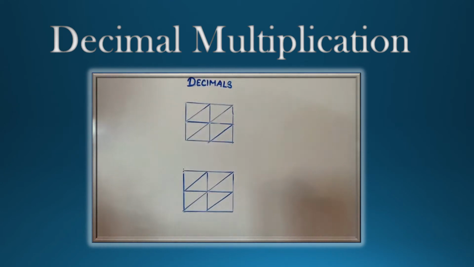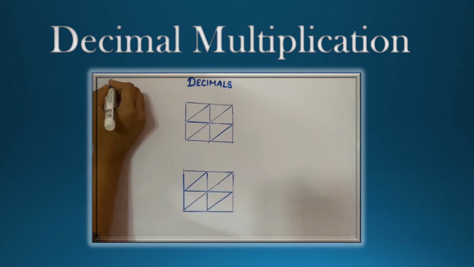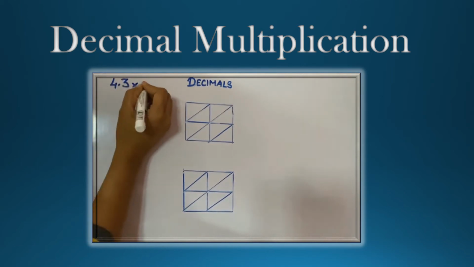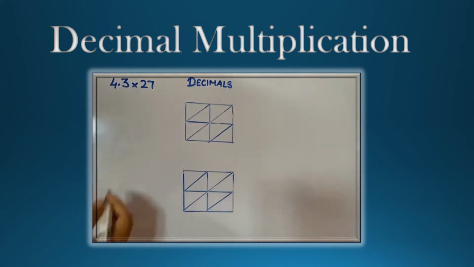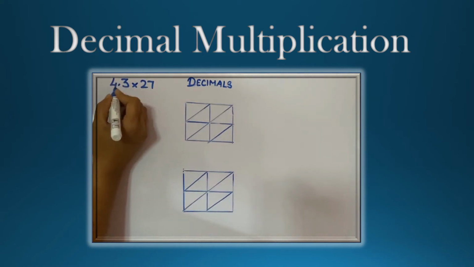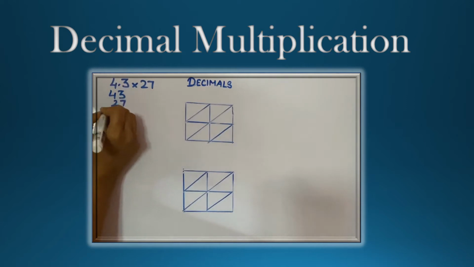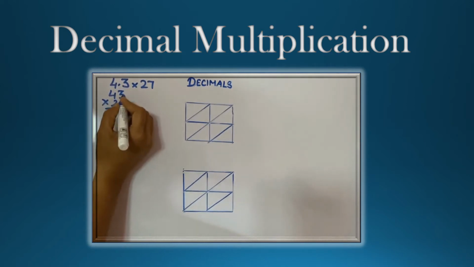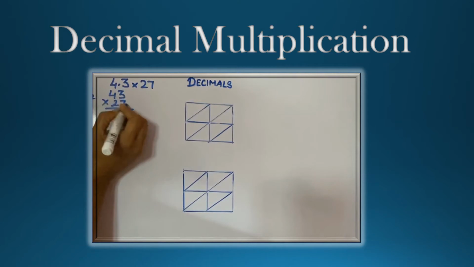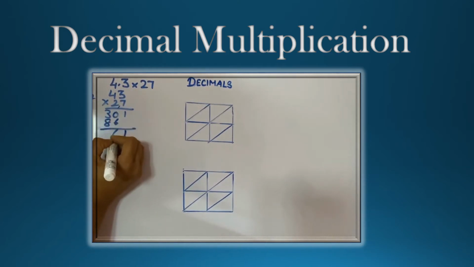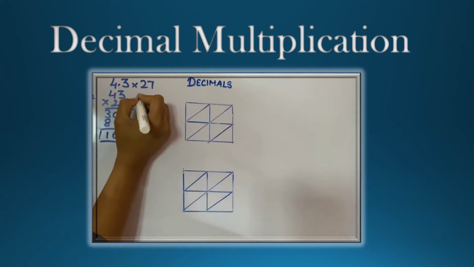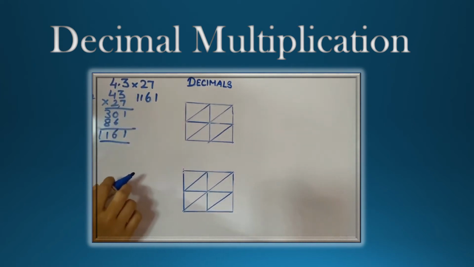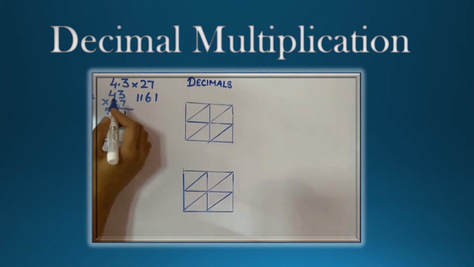Let's see decimal multiplication. Normally, to multiply a decimal number, we take the numbers without the point. For this example, we take 43 times 27, then do the multiplication: 21, carry 2, 28 plus 2 is 30, then 6, 8, so the summation gives 1161. Then to insert the point, look at the number of decimal places in the factors.